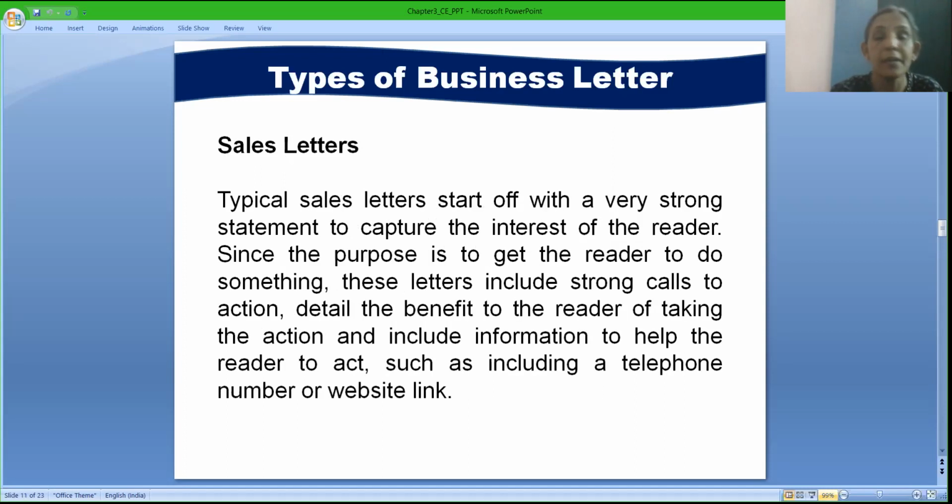The next kind of letter is the sales letter. It is generally used by salespersons who are willing to pitch their product and services, and to explore more opportunities in the open market. A sales letter talks about how you share information about the product or the services that you are willing to offer to your clients or customers. Try to attract your customers and clients by giving them a fair knowledge about your product, and also telling them about the features, the advantages and benefits.